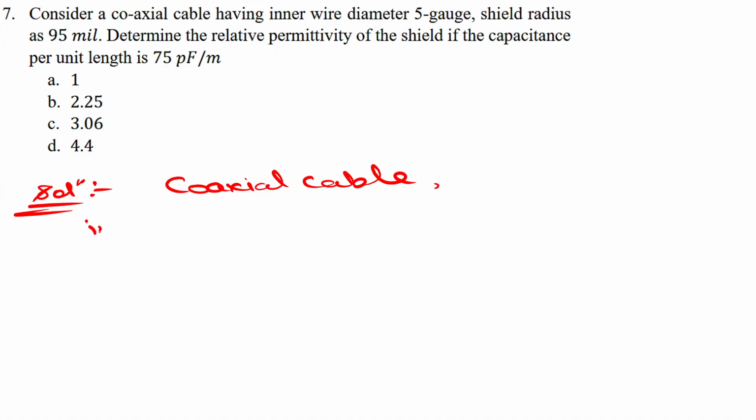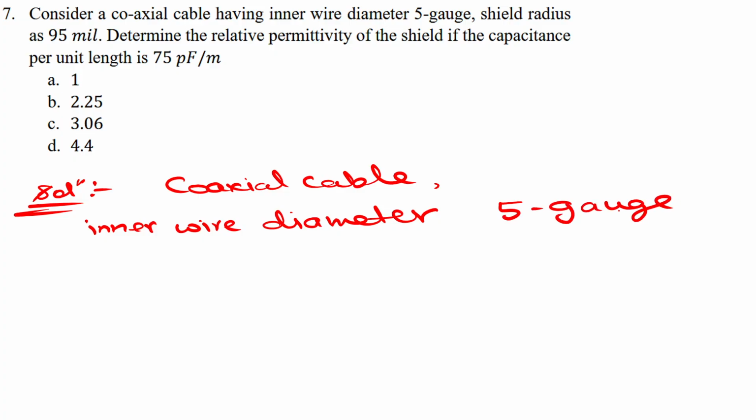Its inner wire diameter is given as 5 gauge, so if this conversion is correct or not, I will let you know in the next class. The Rw comes out to be 0.025 centimeter, and the shield radius Rs is given as